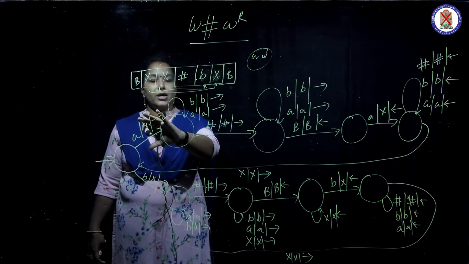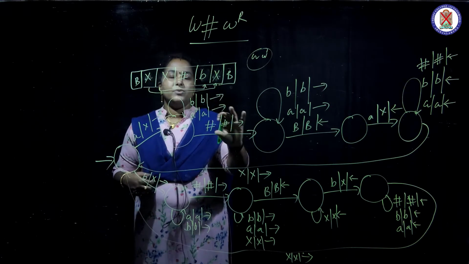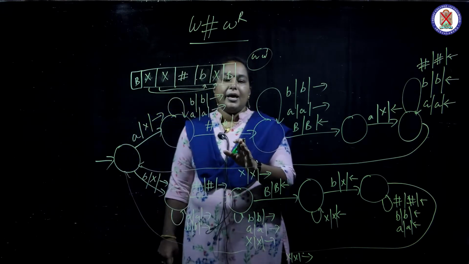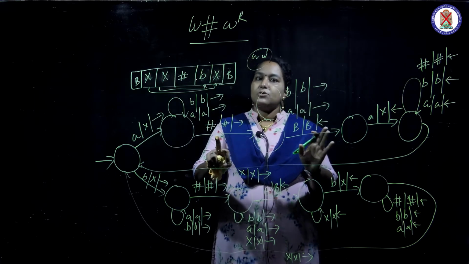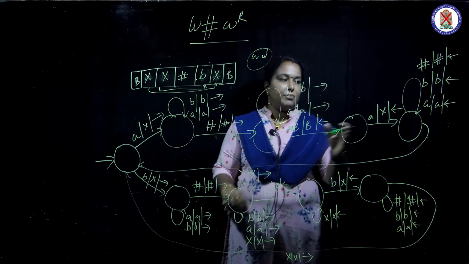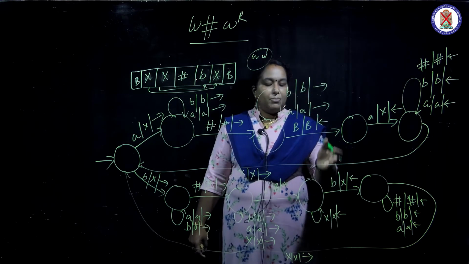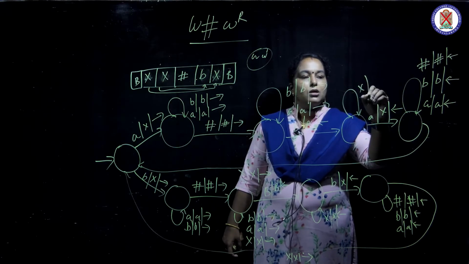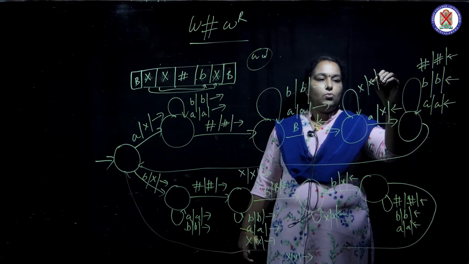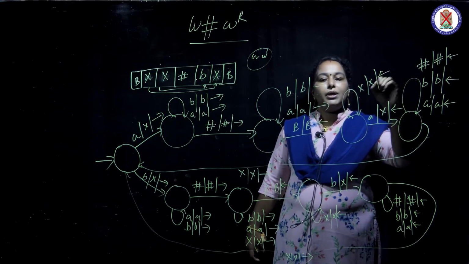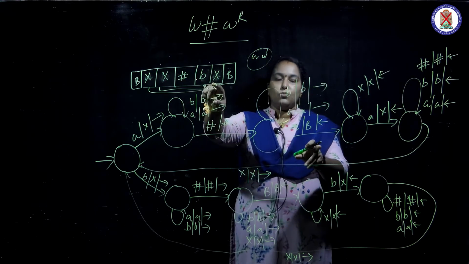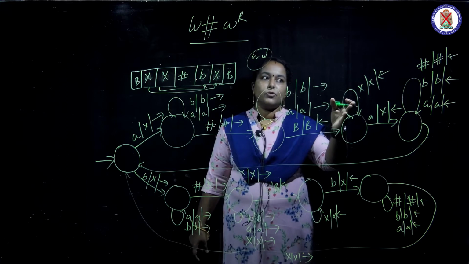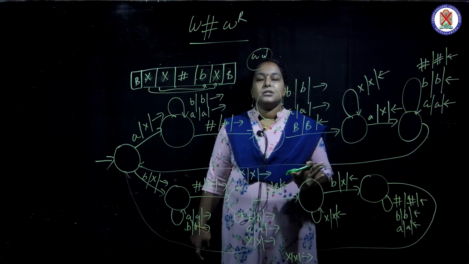Okay, so we have reached up to where A's will be there, B's in between, hash, and only B's will be there, no X in between. And after X hash, there will be a combination of A's and B's. And after blank, we are making it as X. So blank, I make it as X. After blank, there will be some X coming, so I make it as X and move backward. Okay, when blank is seen, I move backward, and in backward you can see X will be there. Since we have executed it for the first time, we don't see X. After that it will be seeing X.